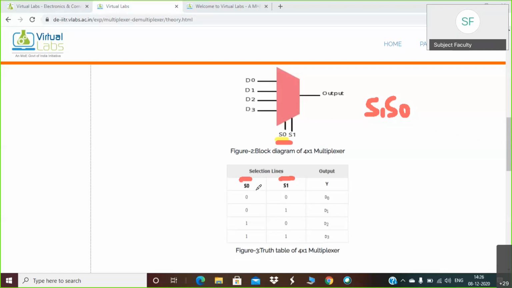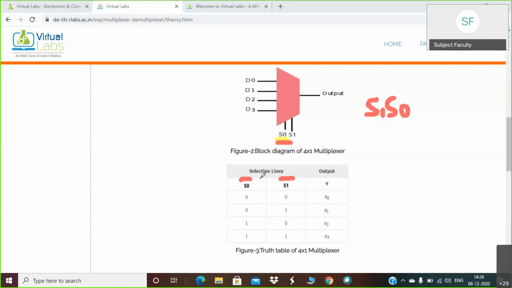Since there are two select lines, there will be four possible combinations: 0 0, 0 1, 1 0, and 1 1. Depending on which select lines are used here, your output will be that particular input line.